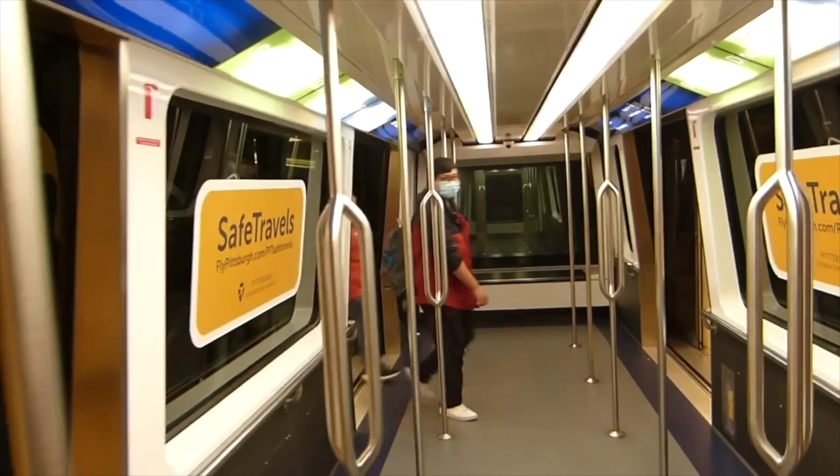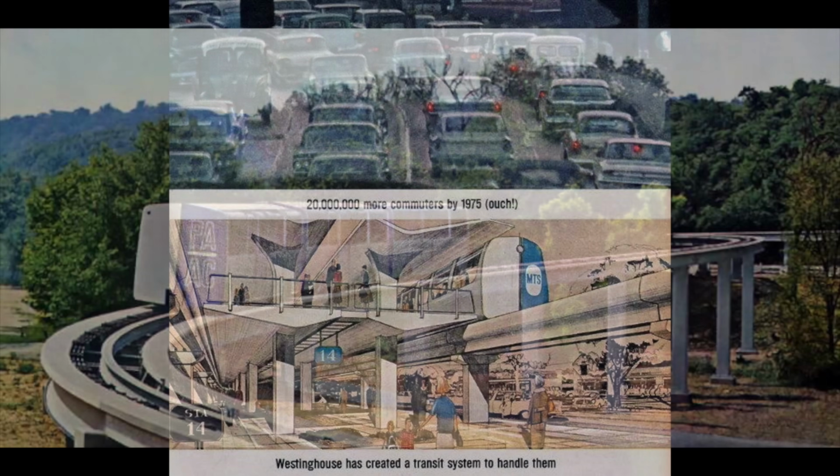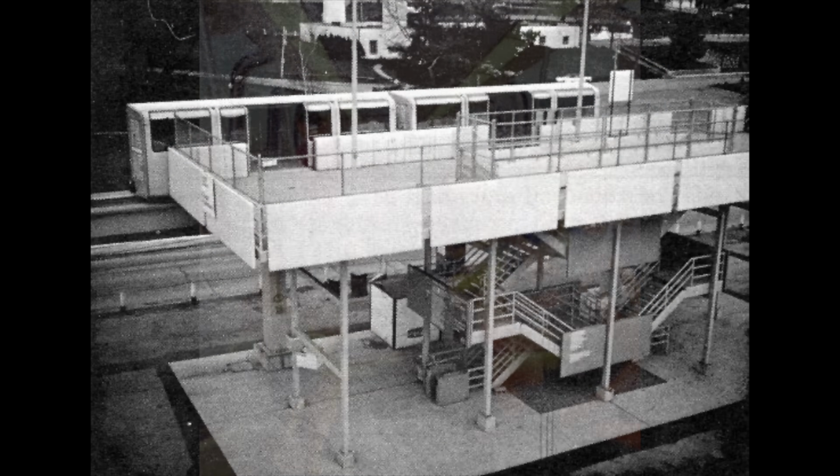While the Pittsburgh Airport People Mover wasn't the nation's first airport subway, the automated guideway transit technology used to build it had been developed in Pittsburgh by the Westinghouse Corporation, who built and installed it. In the 1960s and 70s, the hope had been for Westinghouse to run small, rubber-tired trains all over Pittsburgh in a system dubbed Skybus. A test track was built at the Allegheny County Fairgrounds to demonstrate the technology, and it